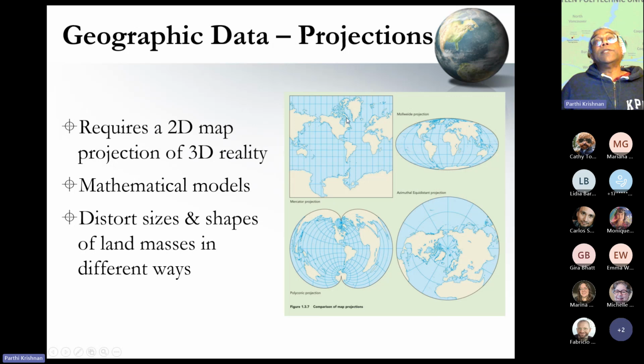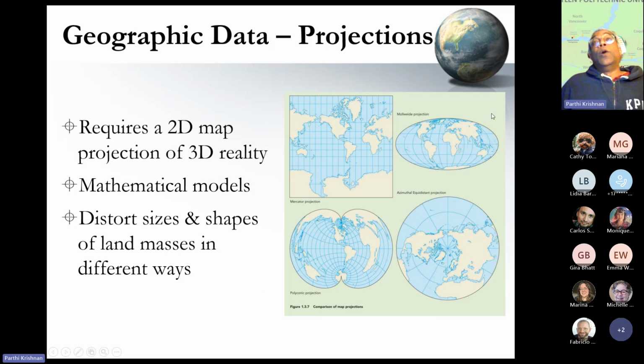However, it distorts the sizes of the land masses as you move away from the equator. So this is one of the reasons why you see that Greenland looks as if it is the same size as Africa, or Antarctica tends to be the largest landmass on this map. Oftentimes, we do not show Antarctica. Why? Because Antarctica is represented by a single point, which is the South Pole. But that point has now become a line, and hence it has distorted the size of the landmass of Antarctica.